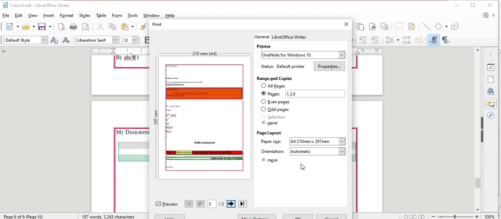To print only the selected text, choose the Selection option. Here the option is not coming. Why? Because I have not selected any paragraph for printing. I will show you again.